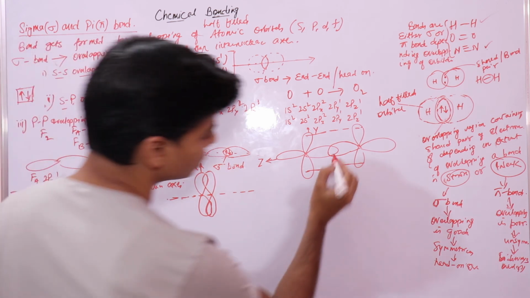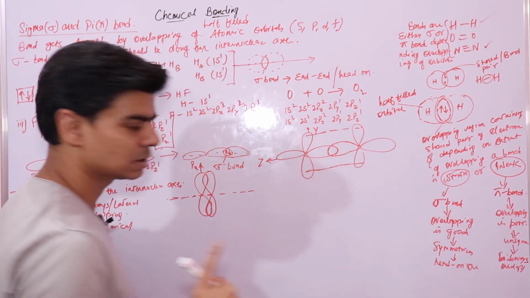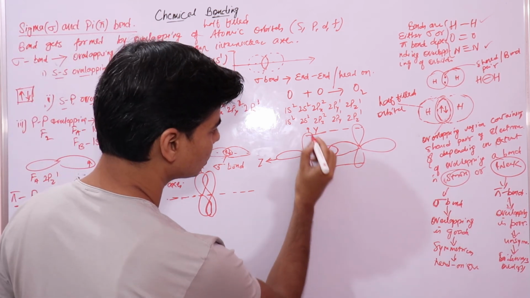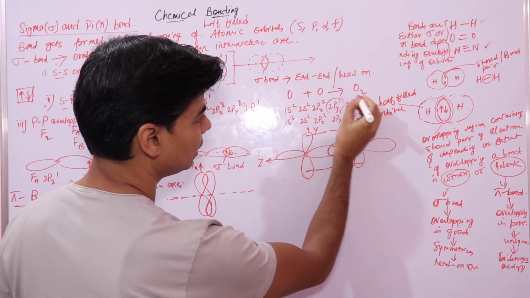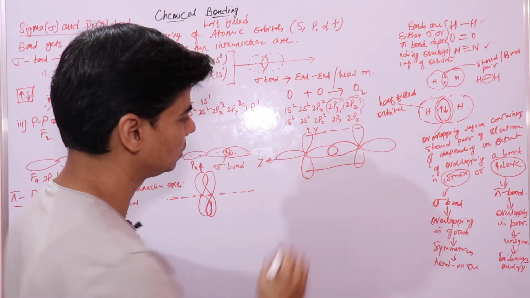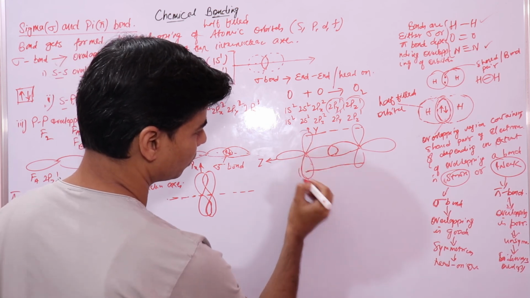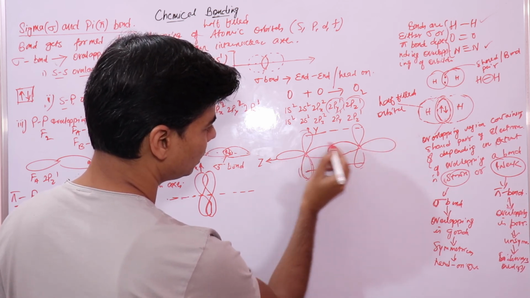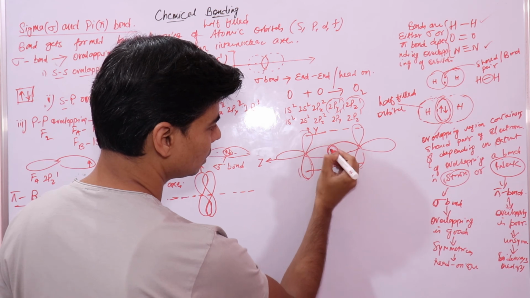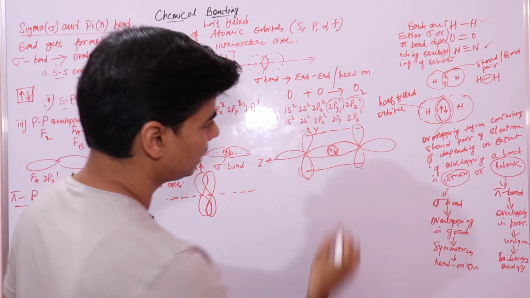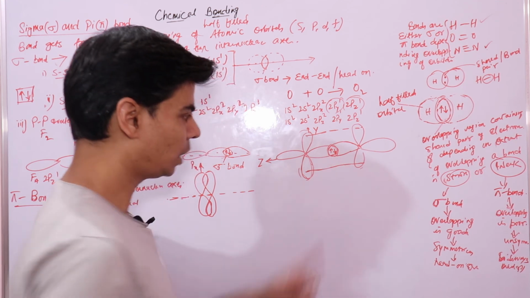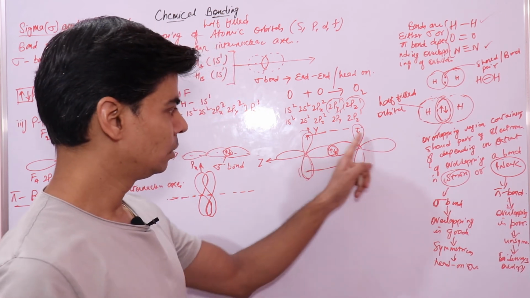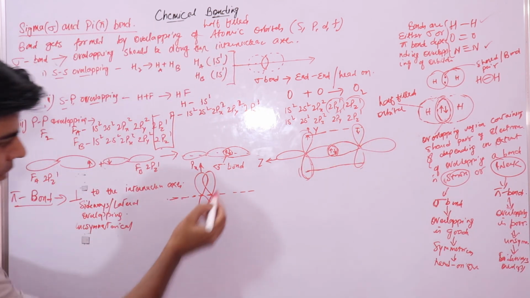right? So due to this overlapping, just remember there are two orbitals. You can see that in the electronic configuration you have two half-filled orbitals. One is this orbital, the other is this orbital. Similarly for this atom, one is this orbital, the other is this orbital. So these two orbitals will overlap head-on, and now they have shared this electron. One bond is formed. Now these two will also overlap laterally or sideways like this,